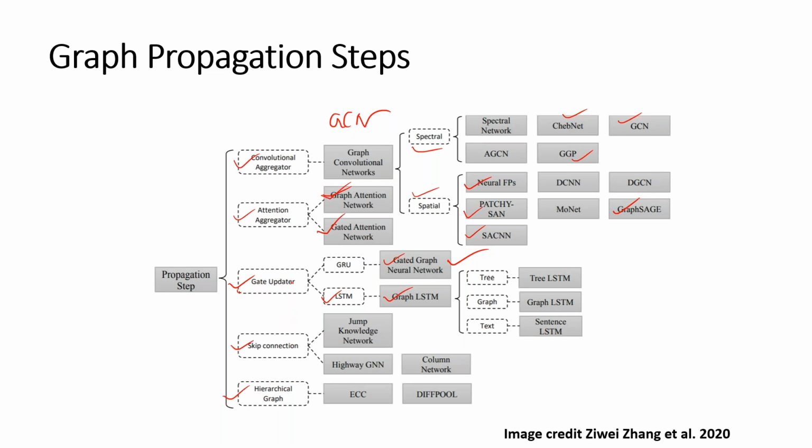So here the graph updater is again having these LSTM. With LSTM we have graph LSTM, and graph LSTM can be again divided into tree, graph, and text, right? In tree we have tree LSTM, graph LSTM, and sentence LSTM. And in skip connection, we have jump knowledge network. These are basically knowledge graphs that are being formulated using these types. And then hierarchical graph, we have ECC and DiffPool. Okay,